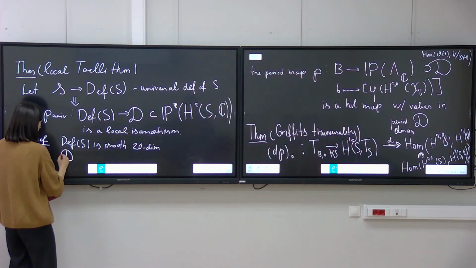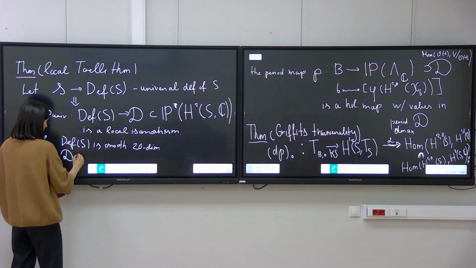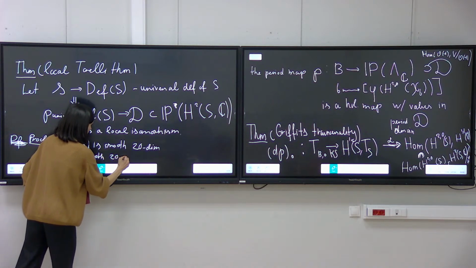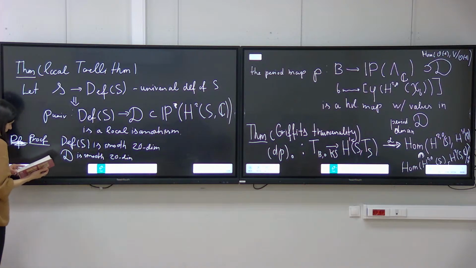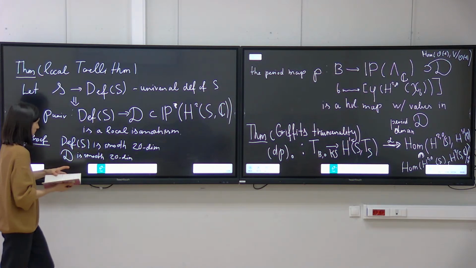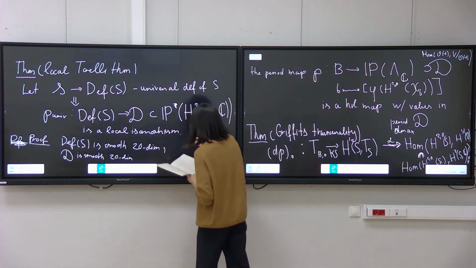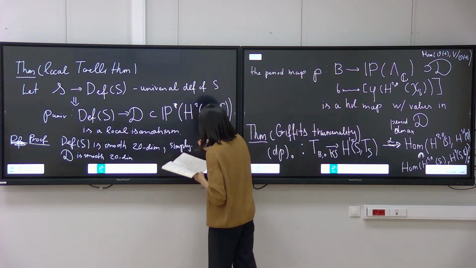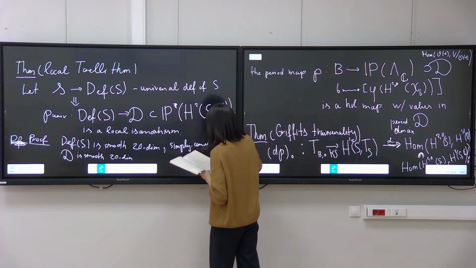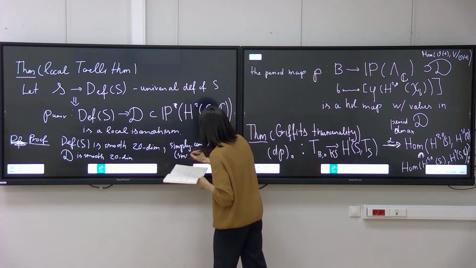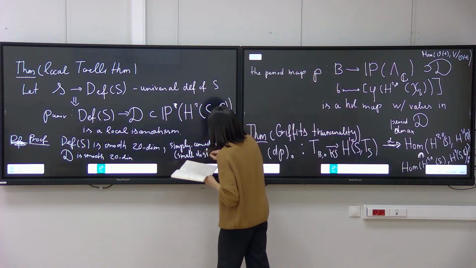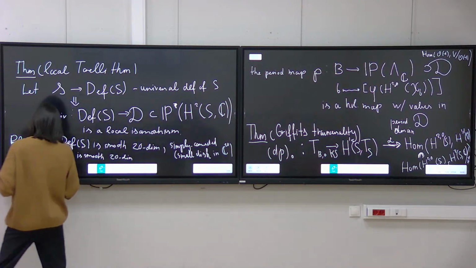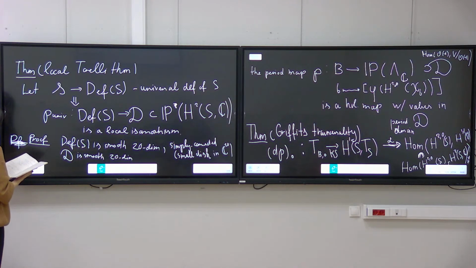And we know that the period domain, not factorized, just the period domain, is also smooth, 20-dimensional, and also simply connected. This is in fact a small disk. Okay,